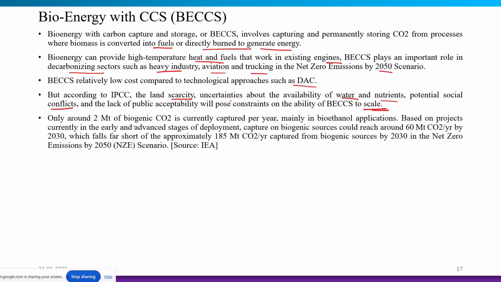Only around 2 metric tons of biogenic CO2 is currently captured per